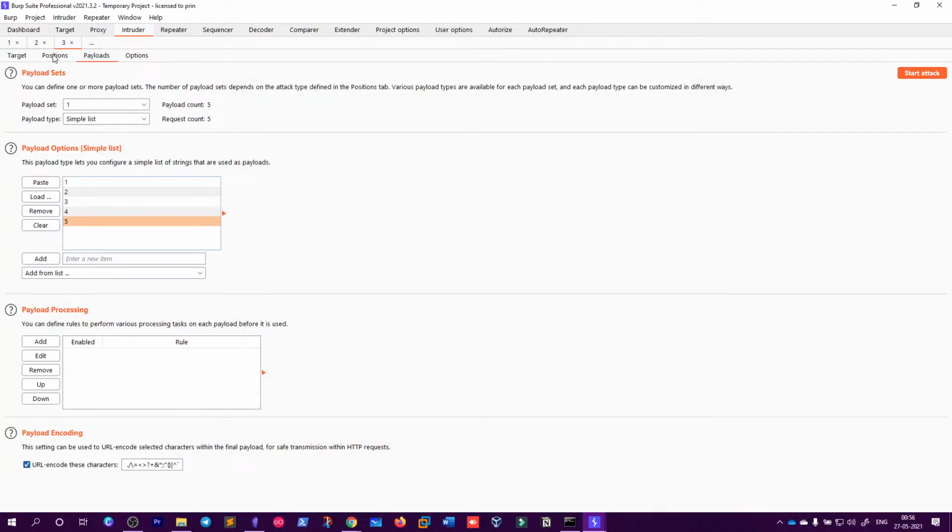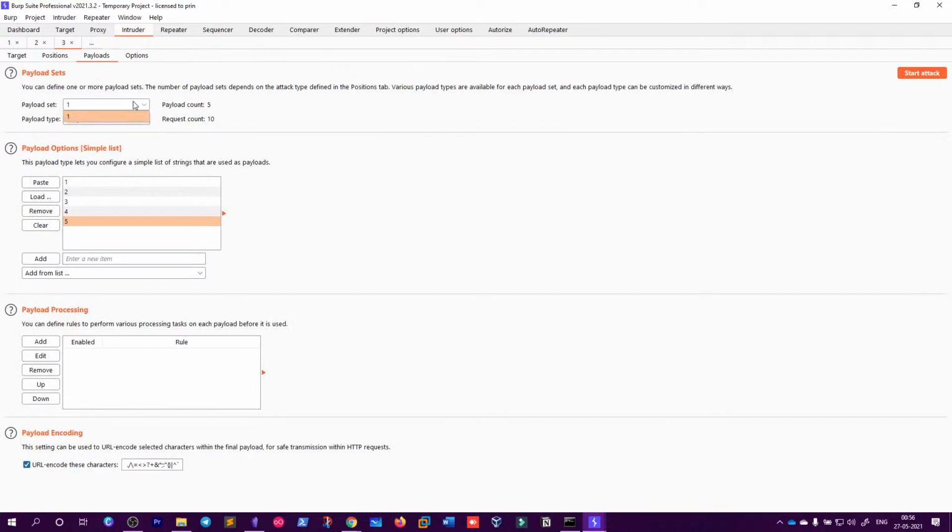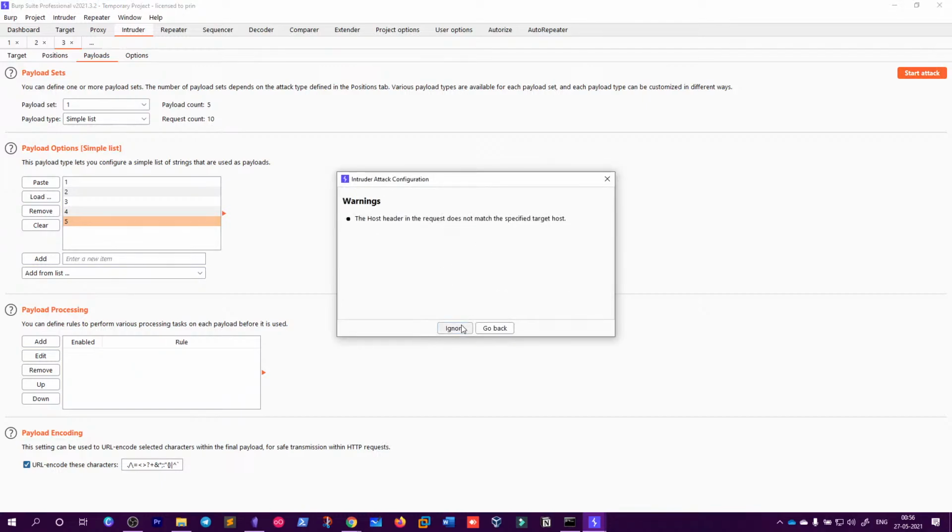But we can have multiple parameters. Like in this one, I just add something more here. So there are 2 positions of payloads, and you can see we still have one payload set, but the requests are 10. So if I start this,